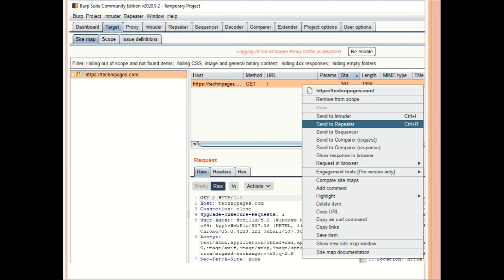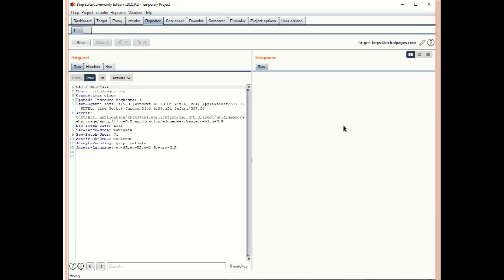This is the picture of our Burp Suite. Here, this is the HTTP request. What we are doing here is simply sending that request to the repeater module. After sending the request to the repeater module, it looks like this. It has two parts, the request and the response. Simply, we'll be doing some modification in the request and then sending the request and seeing the response. Thus we are toying with the request.